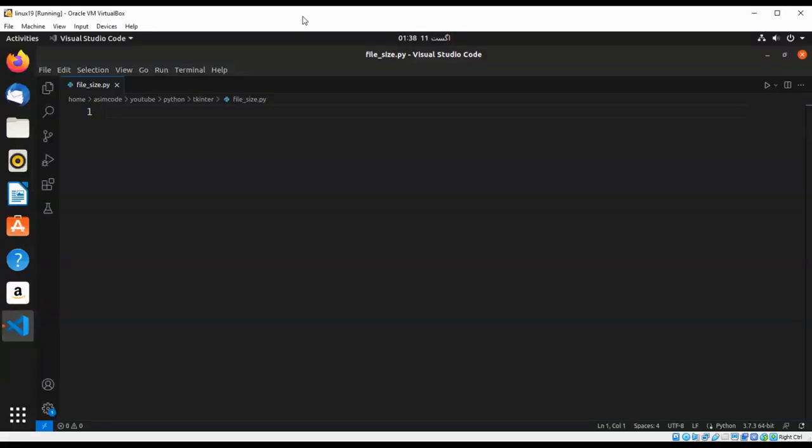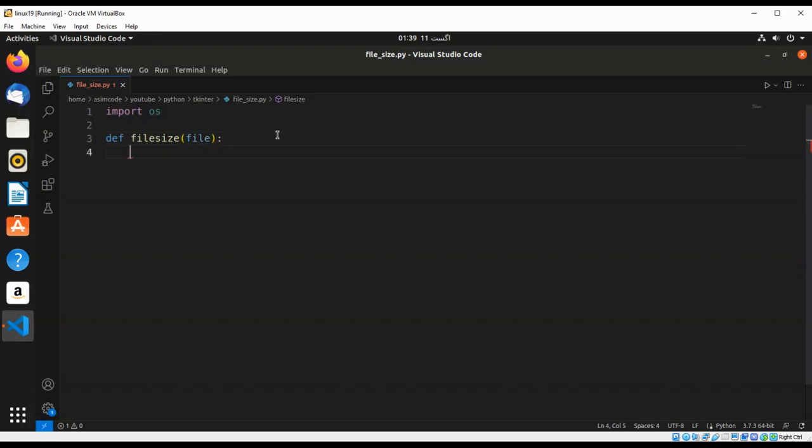In this video, we are going to learn how to print the file size, or get the file size, in Python in megabytes. So let's define our function. Before that, we are just going to import os. And here we are going to define our function file_size. It will take a file,